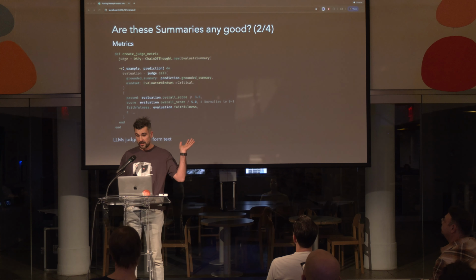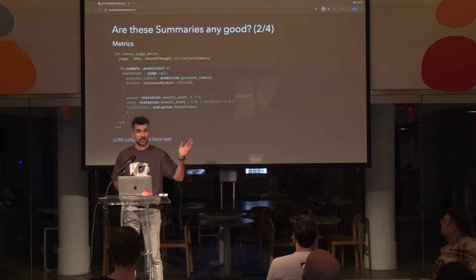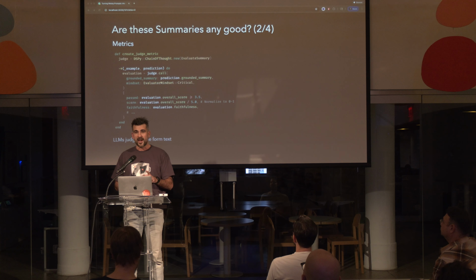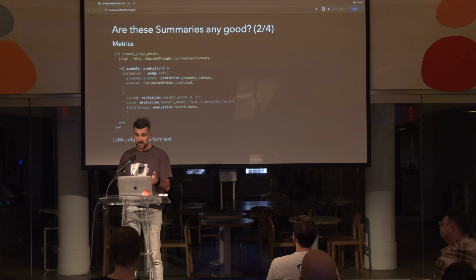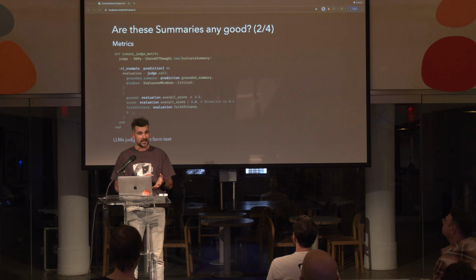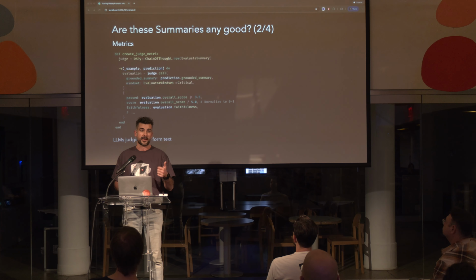Some examples here: we are using an LLM as a judge to evaluate whether this free-form text is actually good or not. But in other scenarios, LLMs really shine when classifying unstructured data. In that case, we would need to define other metrics like accuracy, precision or recall.